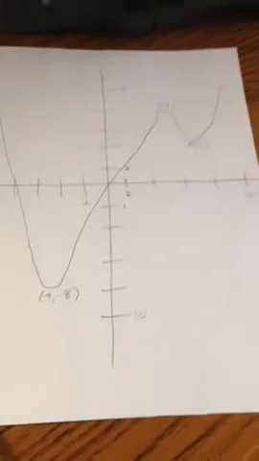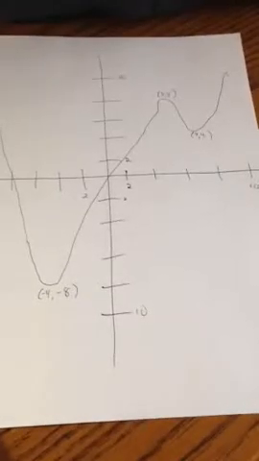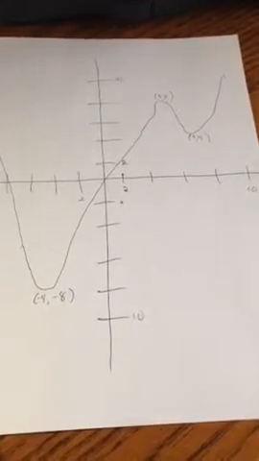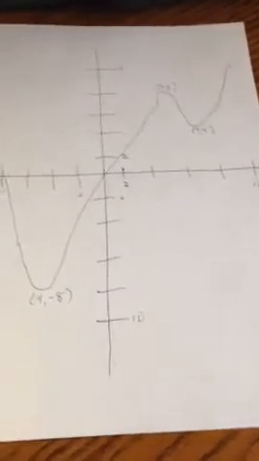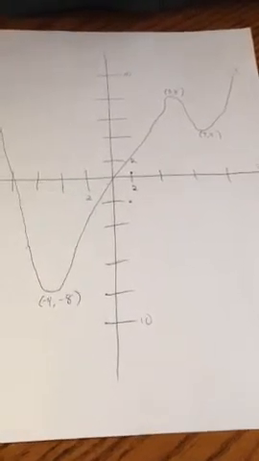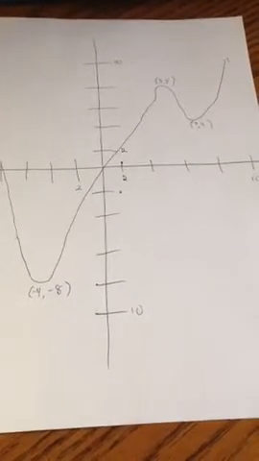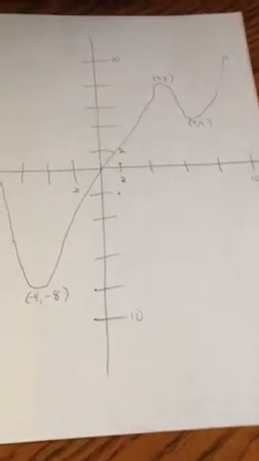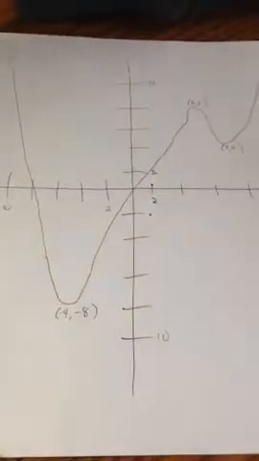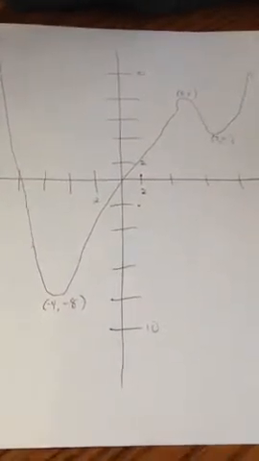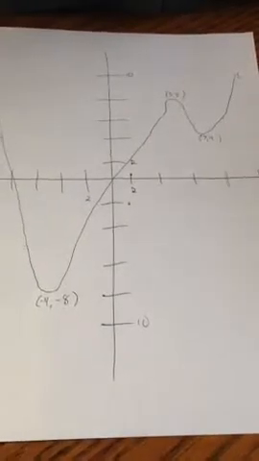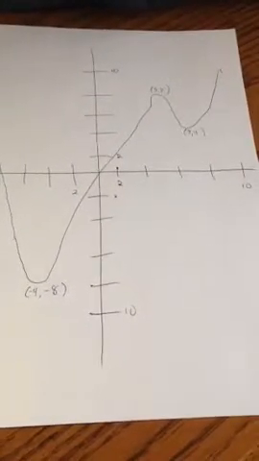Hello everybody, today I'm going to explain maximum and minimum values on a graph. Now another name for maximum and minimum values is extrema, and these extrema can either be absolute or local, and I'll explain that. So in this graph,